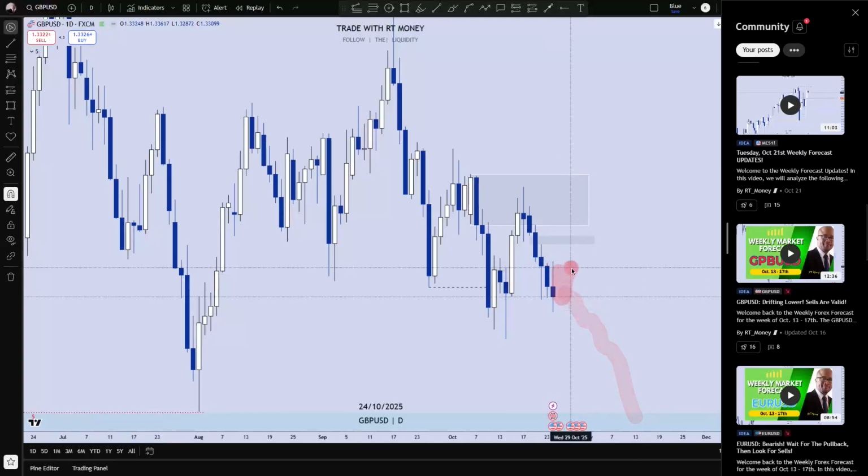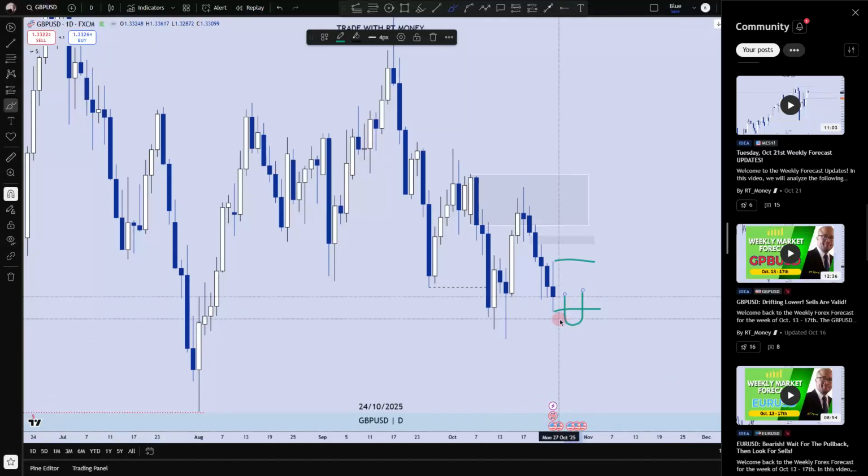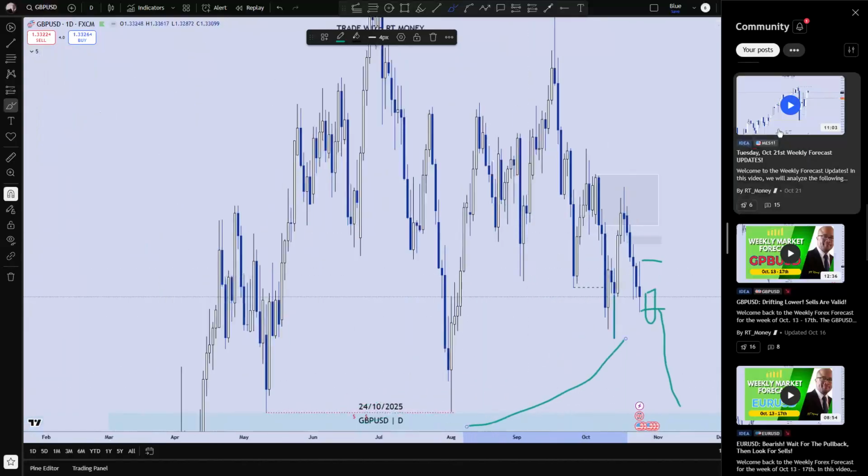It may move sideways a little bit for the first 48 hours because we have FOMC on Wednesday. I'll be keeping an eye on that high and this low. I want to see price give a candle body close below that low. That's when I know we're probably going to take out this wick, fill it, and come towards the